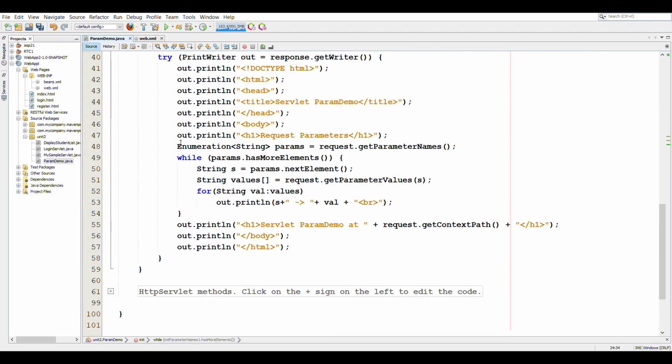Next, we will print the values here in our HTML response.